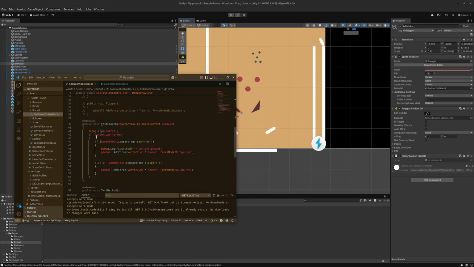Debug.log context, if context are performed. This is basically just like putting out a message. Boom, right? Oh, public void test launch, input action callback context, because we don't want shit to go crazy.